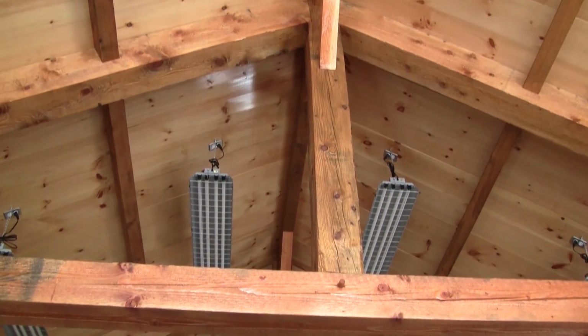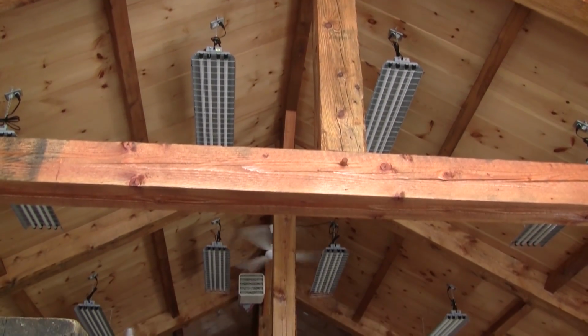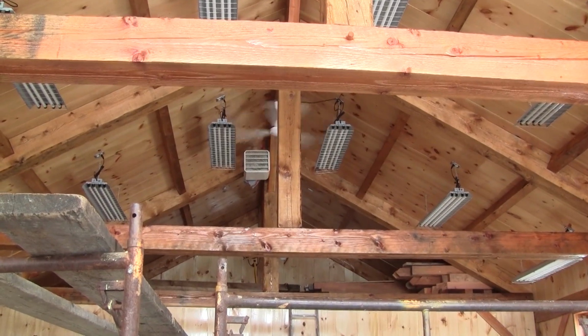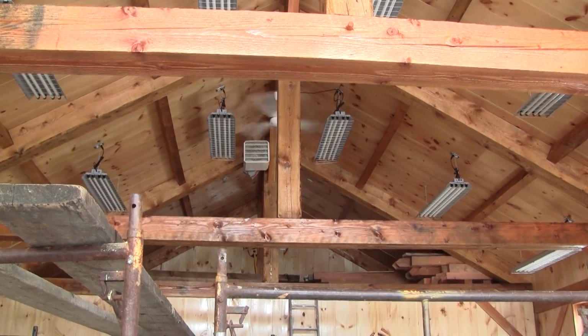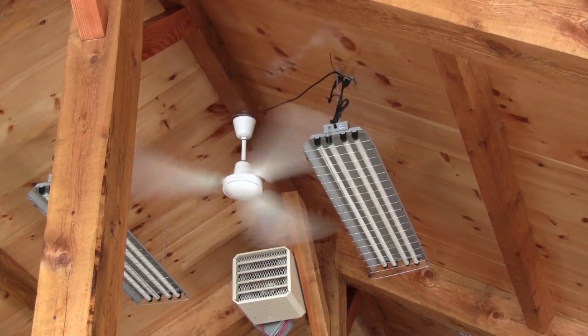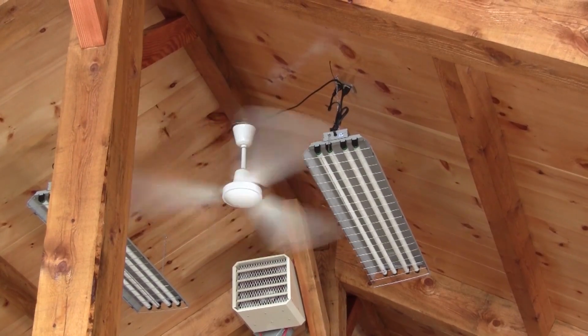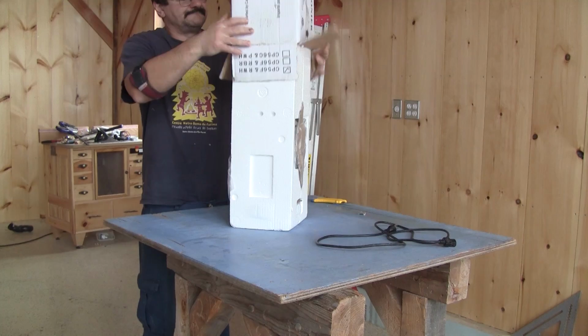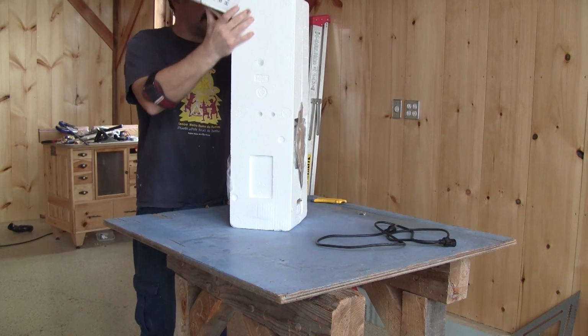Okay, even if the ceiling and almost all the walls are finished, I can't move in before removing all the scaffolds inside the shop. But I can't remove them before we install both ceiling fans. The one at the back of the shop is already installed, but we need to install the one at the front. So after removing the fan from the box,